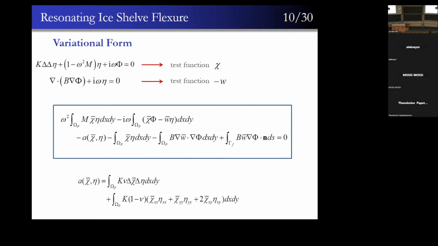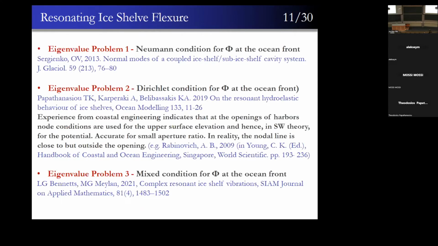It has a mass type term, a hydroelastic coupling term multiplied by the imaginary unit. This is not dissipation because of the skew symmetry of the bracket that we have inside an integral. This is actually Hermitian, and we have a stiffness type term including the deformation energy of the plate and the velocity potential terms. So based on that, we can, as a first approximation, close the system with homogeneous conditions, creating